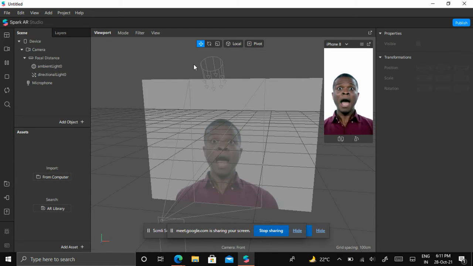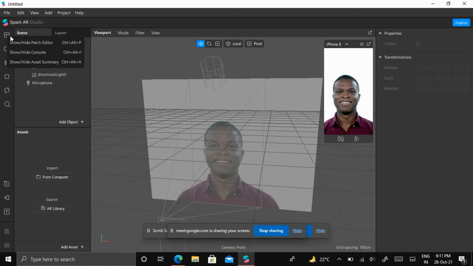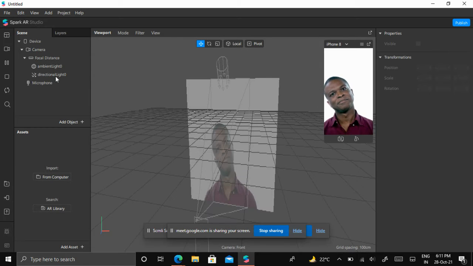We can do all the changes here, and this is the assets panel where all the libraries and materials are. This is the property panel where we can change all the properties from the scene panel. This is the workspace, with a patch editor, a console, and the asset summary. We will learn about the patch editor later on.